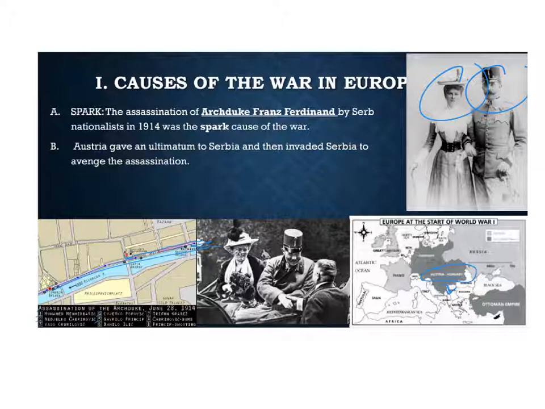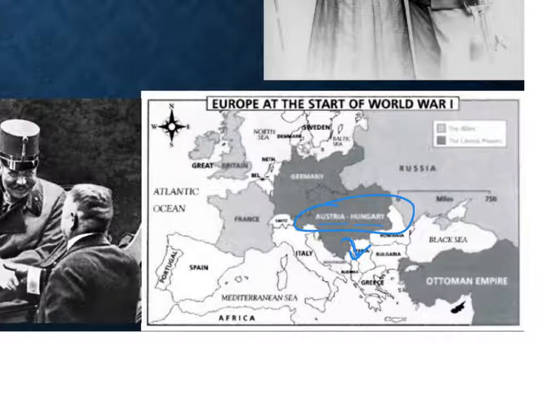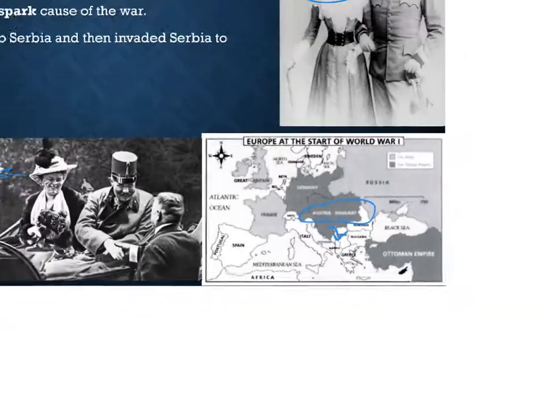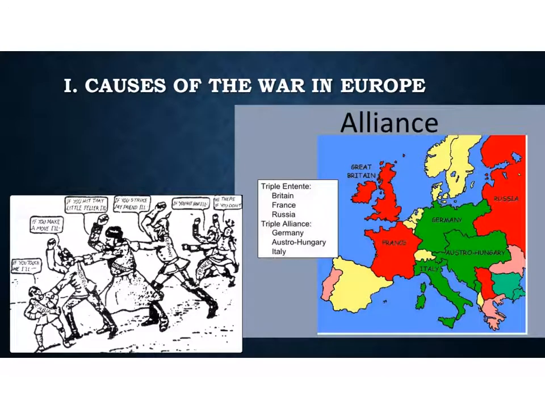Essentially, invade Serbia. So now you're looking at this map. You're like, okay, this is Austria and Serbia. Not two well-known countries. Shouldn't be a big deal. Remember the reasons why this war takes off and becomes the Great War. Firstly, alliance. When Austria-Hungary gives that ultimatum to Serbia, Russia says, whoa, whoa, whoa, Austria-Hungary,